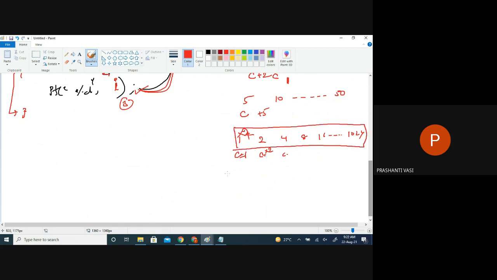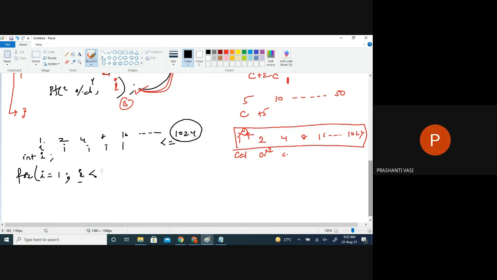So here this change, that means if I have to write a program to print this pattern, what is the initialization step for this program? To print 1, 2, 4, 8, 16, 32, what is the initial step? Initialization of value with which value? 1. Till how many numbers do we have to print? All I values which are less than or equal to 1024.